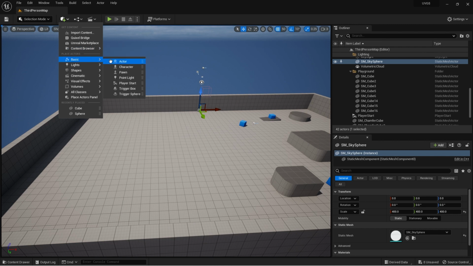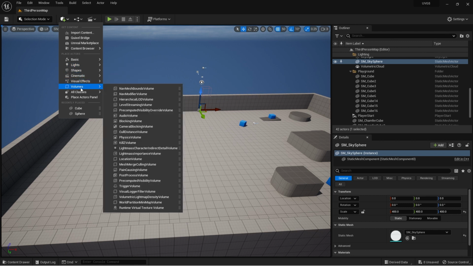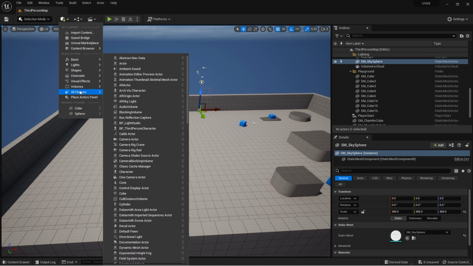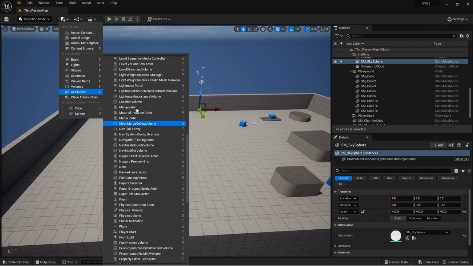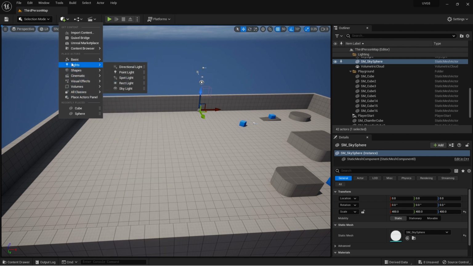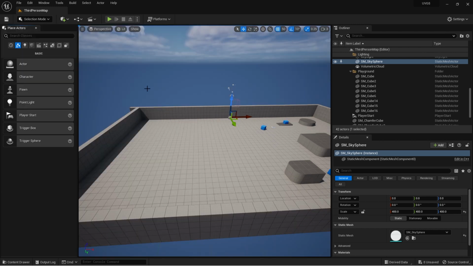But here we can add some basic shapes like actor, character, pawn, light, shapes like cube, sphere, cylinder, volume, visual effects, and, you know, there are all the classes that you can actually add to the level. But what interests you are two things, at least right now. We are going to click the bottom one, which is actually the place actors panel, and this is going to give you